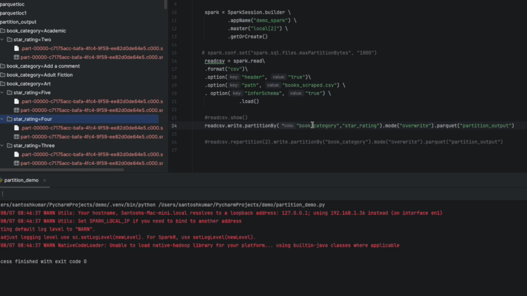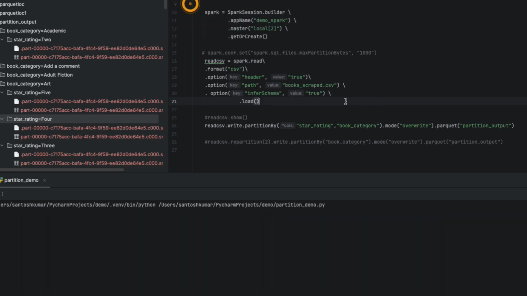If I change this, I make the parent a star rating and the book category the sub partition or child partition. Now if I run this program,